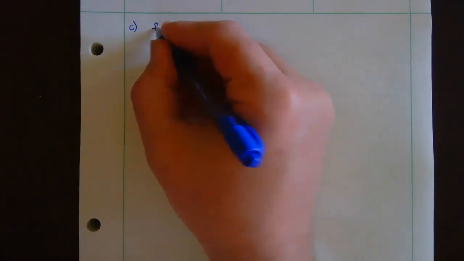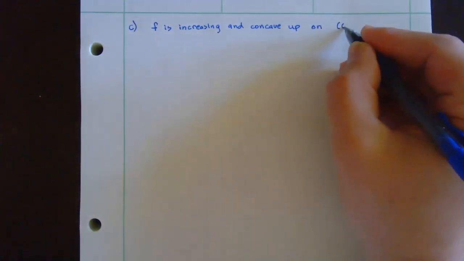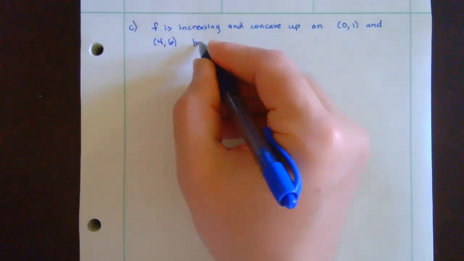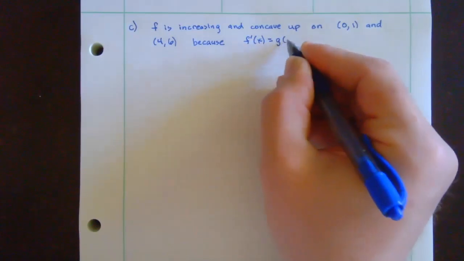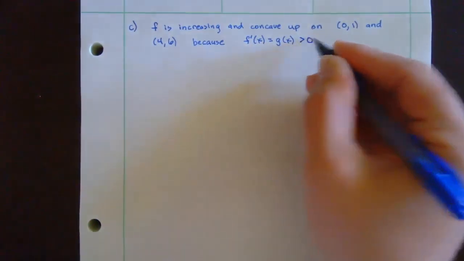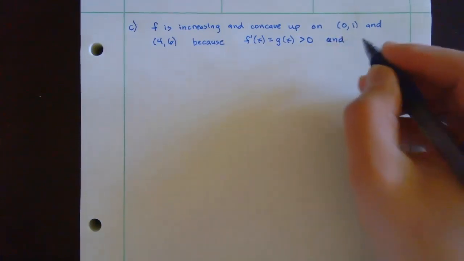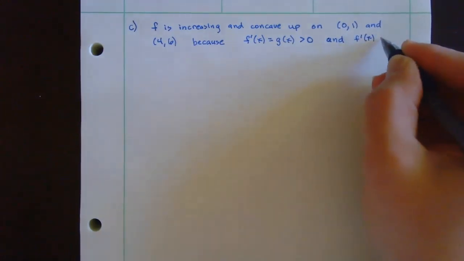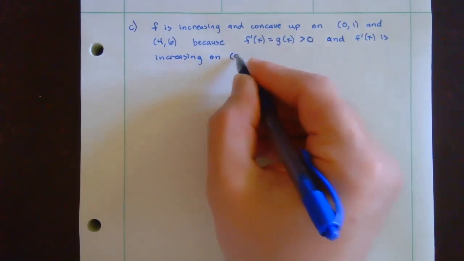So we would say f is increasing and concave up on the open interval 0 to 1 and 4 to 6, because f prime of x, which is equal to g of x, is greater than 0 and f prime of x is increasing on the intervals 0 to 1 and